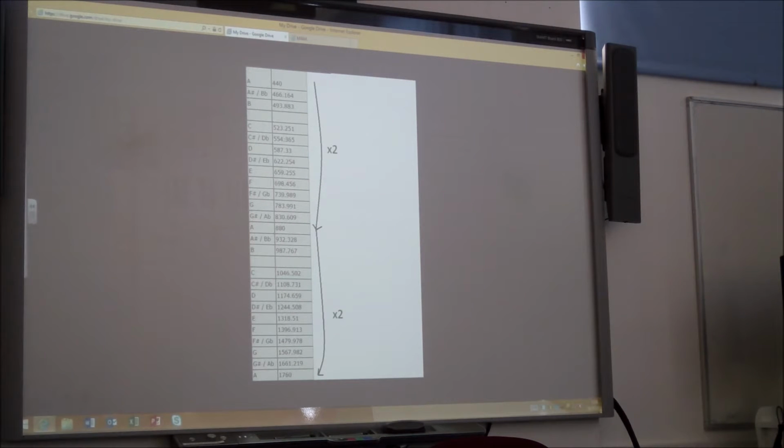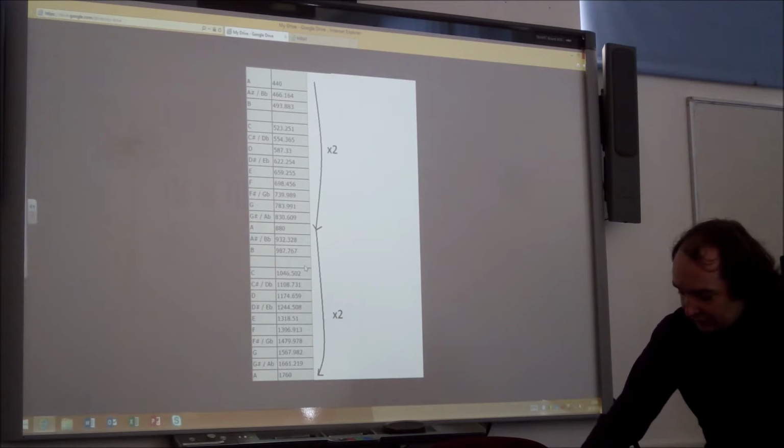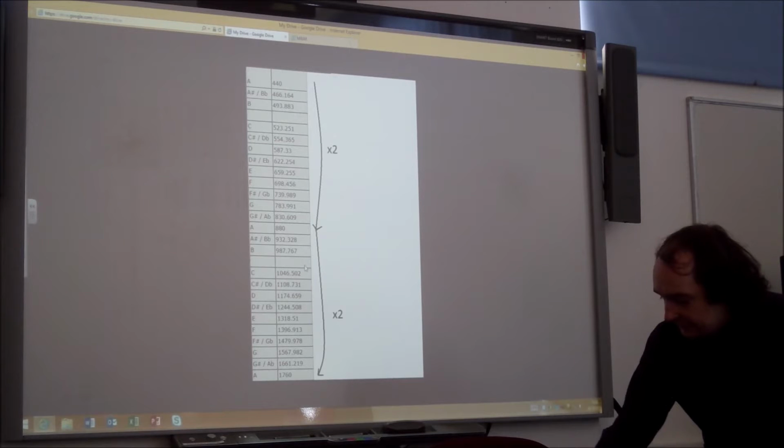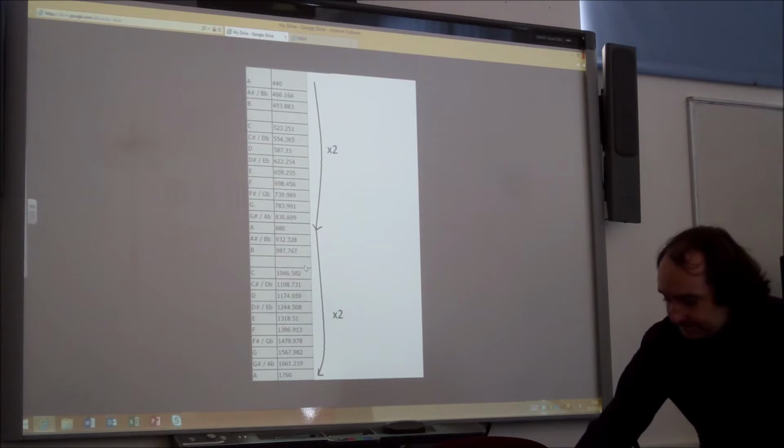Starting from, say, a C, 523, yada yada yada, if we double that, we will get to our next C, 1046, yada yada. So you can see that every time we double the frequency, we go from one letter to the same letter further up. Another pair of notes that sound good together would be a note and one 7 above it. So for example, our A, and we go up 7, 1, 2, 3, 4, 5, 6, 7 to an E. And they sound nice together.